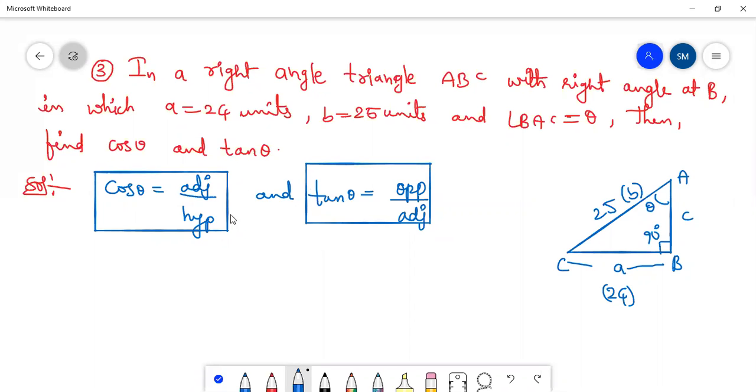If we know the trigonometry formulas related to the right angle triangle, which is the opposite, which is the adjacent. Here, the two sides have been given, but we don't know the third side. When we know the third side, only then can we get the trigonometric functions. For finding the third side, we use the Pythagoras theorem. By the Pythagoras theorem,